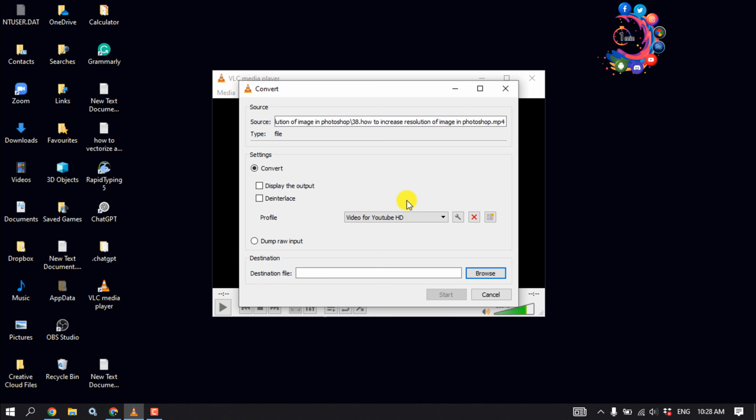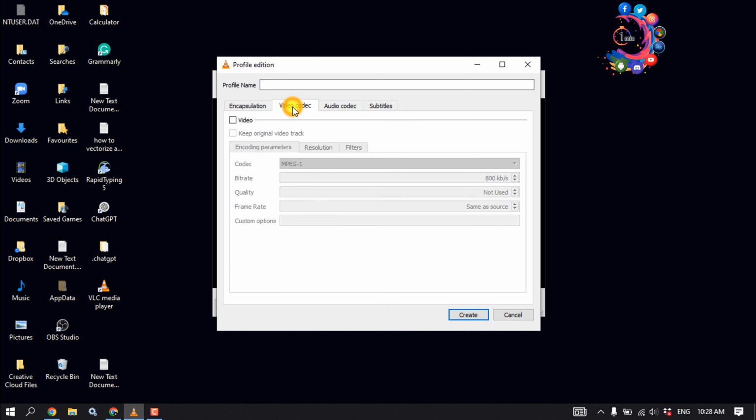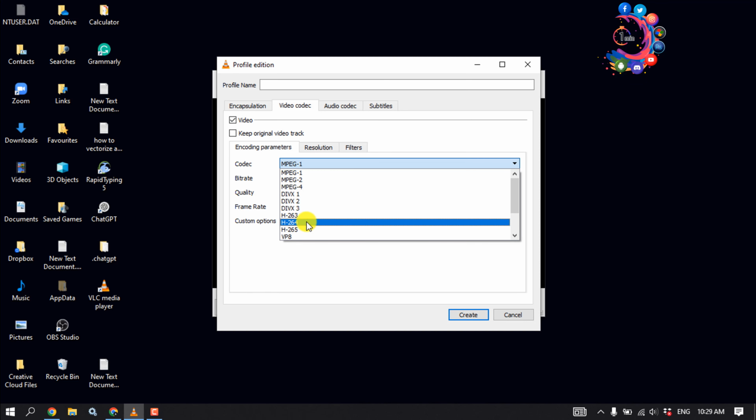And in the settings section, we need to create a new profile. So click on this icon. And here select MP4/MOV and click on Video Codec. And check the video box here. And click on this codec drop down and select H.264